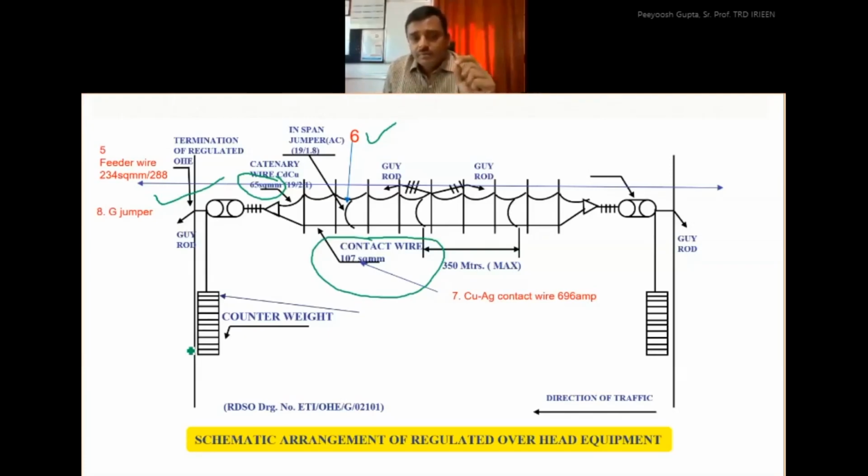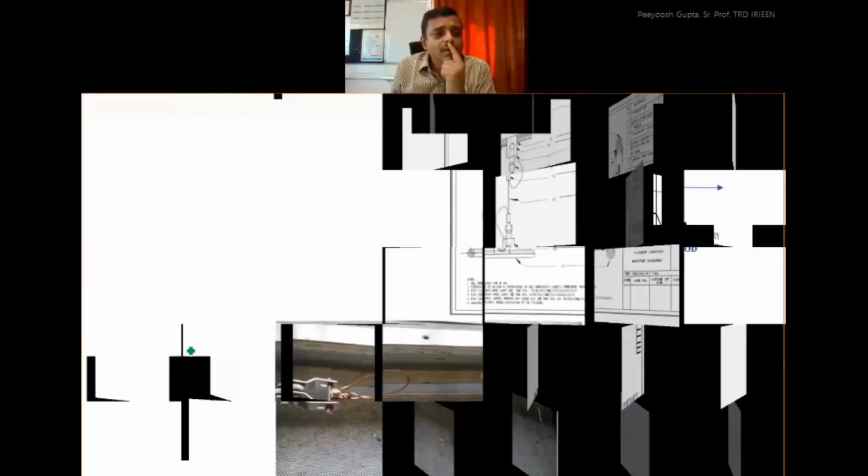So what we need to do is that we have to provide current path in each, more current path. So more current path जैसे क्या करेंगे, C jumper अभी तक लगे थे, what was the distance, 350 meters. So we need C jumpers in each span, पास में लगे होने चाहिए, जिससे कि wherever required current it will come. और क्या कर सकते हैं, we have a good design of DFCCIL metros where they are using current carrying jumpers. So I'll just show you the present